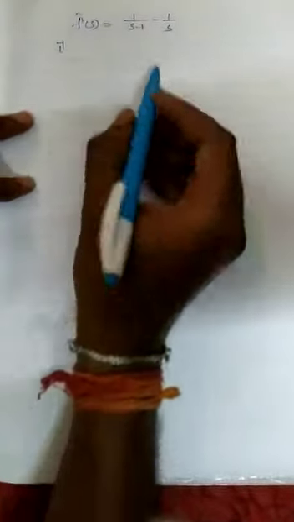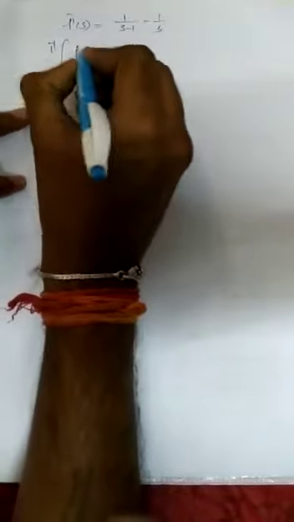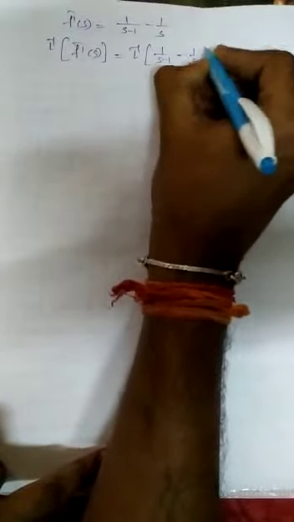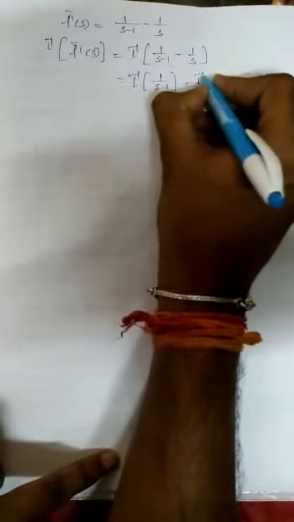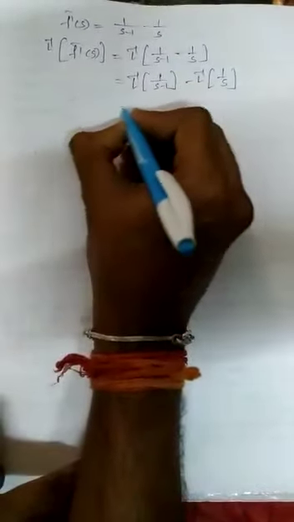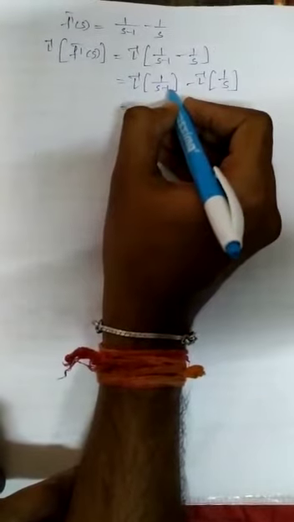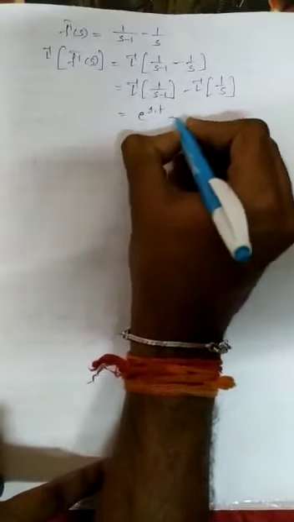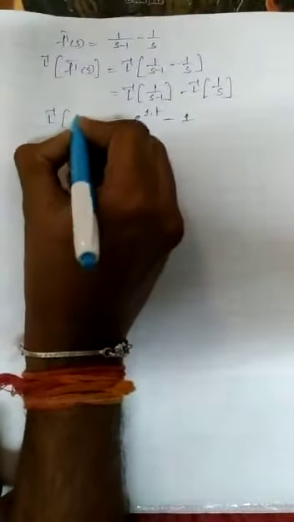Okay, now we can apply Laplace inverse. So apply Laplace inverse for that function. So Laplace inverse of f dash bar of s equals Laplace inverse of 1 by (s minus 1) minus 1 by s. Okay, make it separate: Laplace inverse of 1 by (s minus 1) minus Laplace inverse of 1 by s. Laplace inverse of 1 by (s minus a) form, what is that? e power of at. That means e power of 1 into t, minus Laplace inverse of 1 by s, which is 1. Okay, so Laplace inverse of f dash bar of s value is what? e power of t minus 1. Let us consider it as equation number 1.